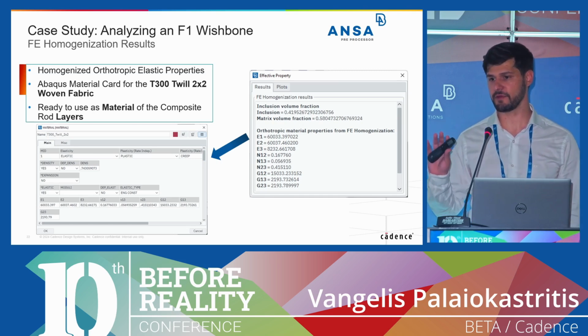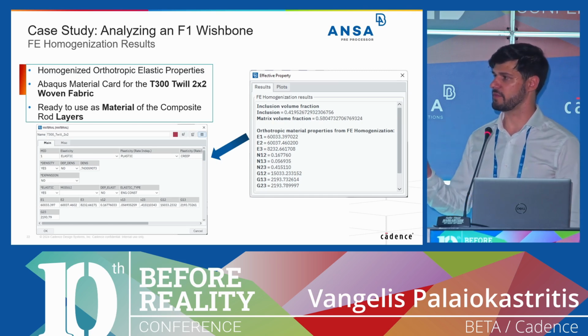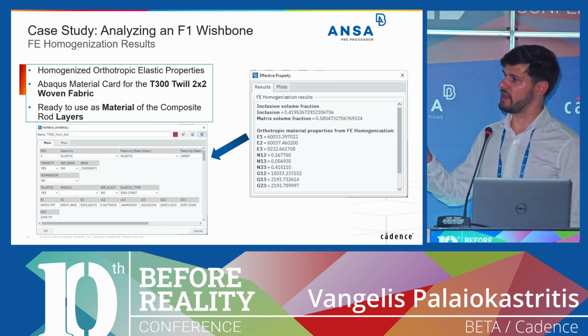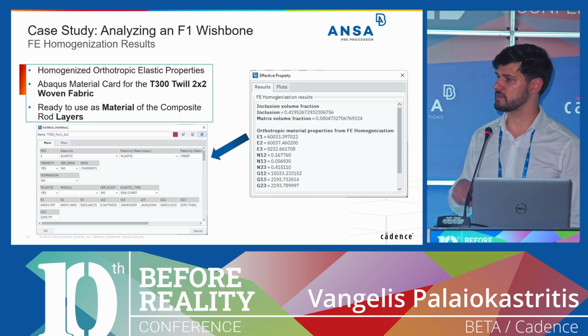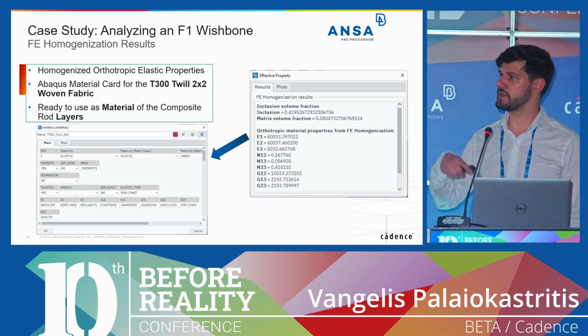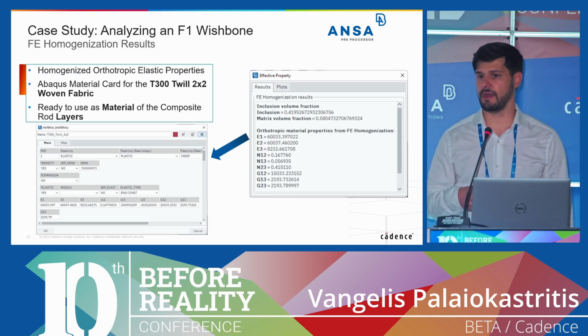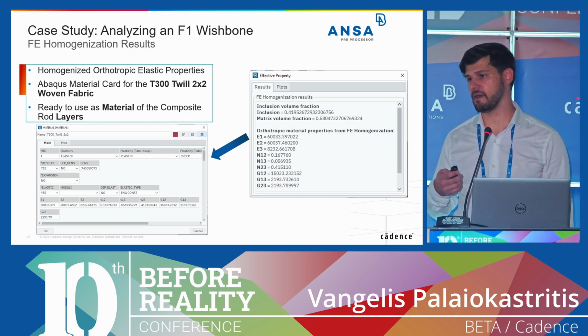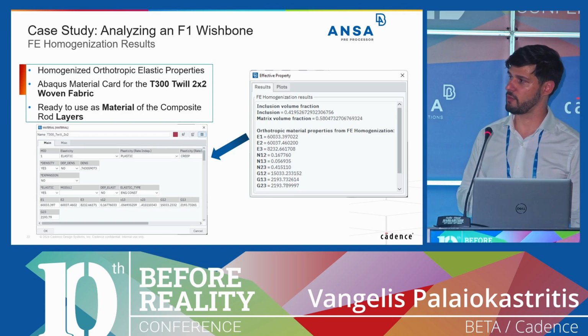So we have the orthotropic properties for this material, and we select to generate out of this homogenized properties an Abaqus material card. So this material will be used as the layer material for the composite rod.